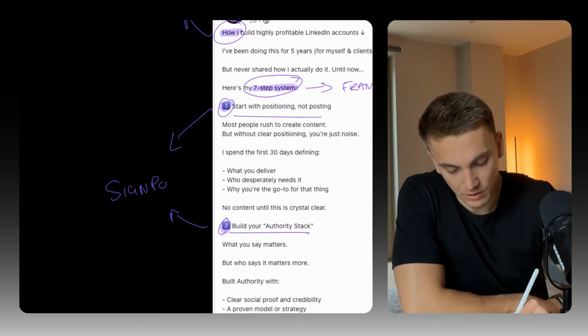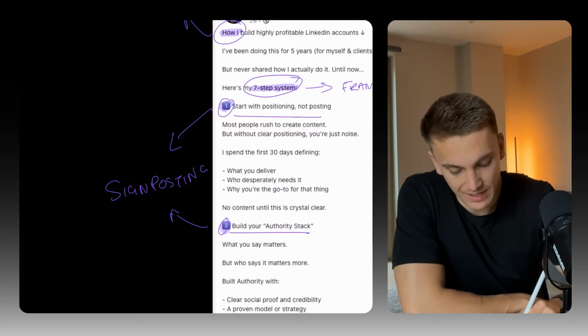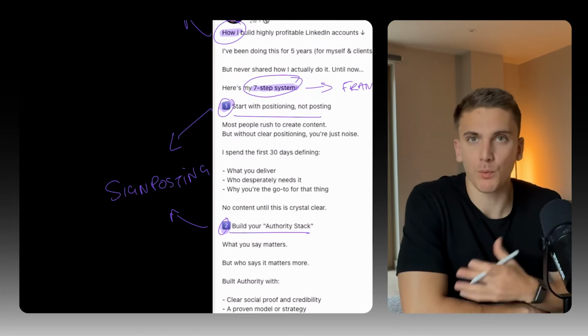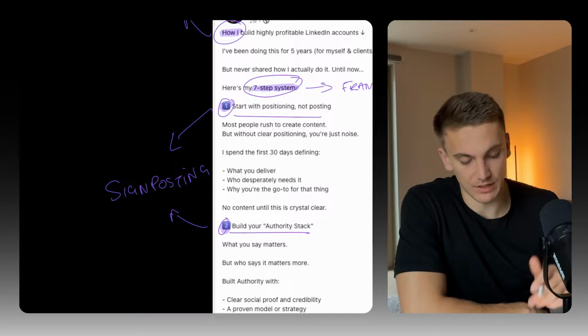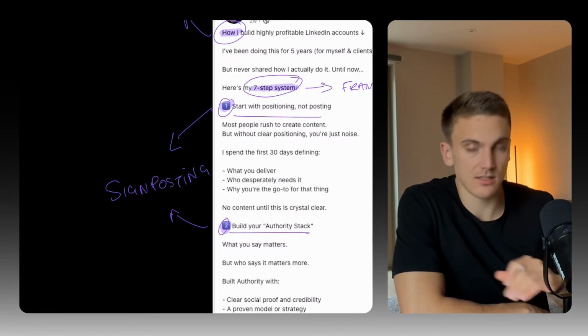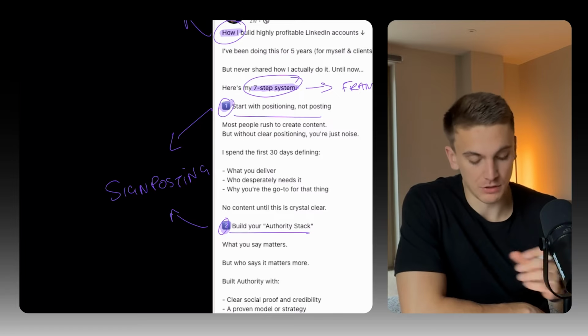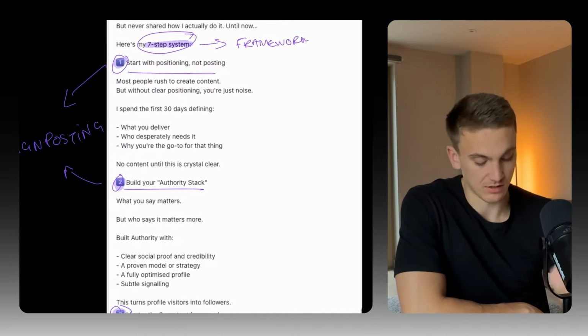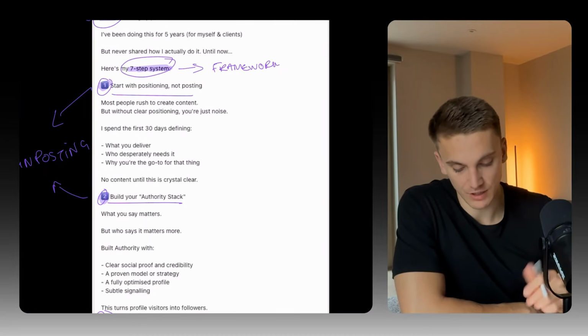The worst thing in the world is to provide loads and loads of value, but then people don't realize there's value there and they don't end up consuming it. What a waste of time. So you need to signpost the value you're sharing. Use numbered lists, use clear headings, whatever format you use, just make it clear for people that this is what they're reading first, then this is what they're reading next, and so on. You've got to signpost the value you share.